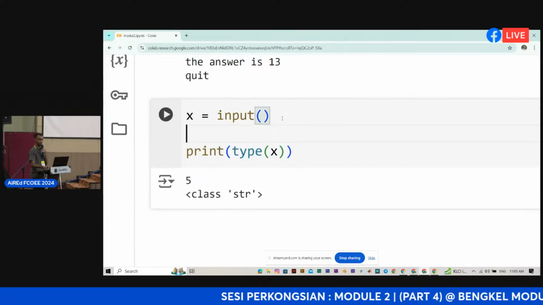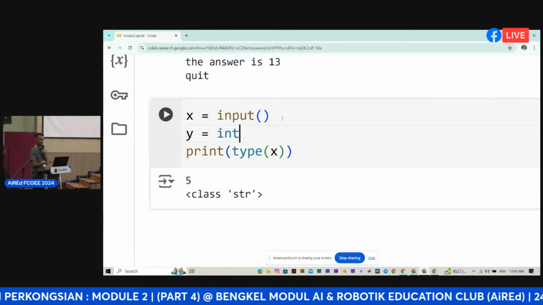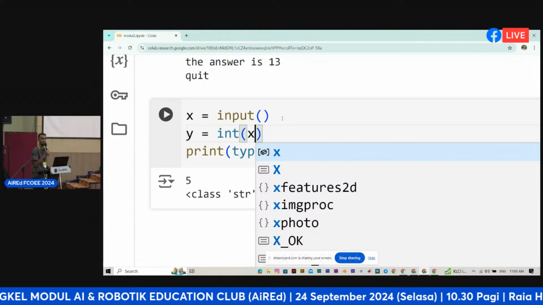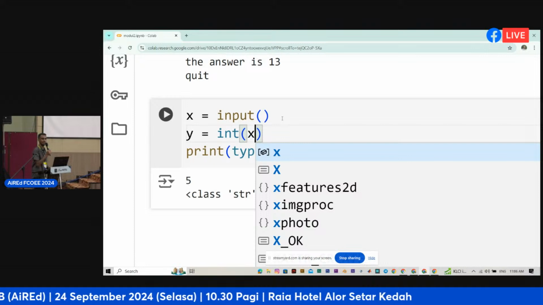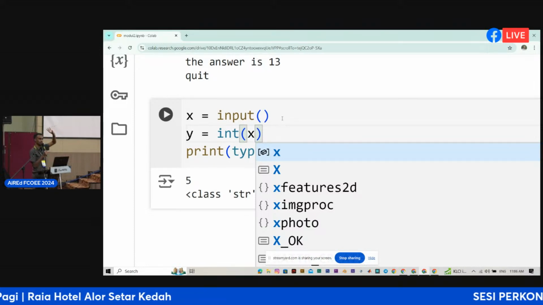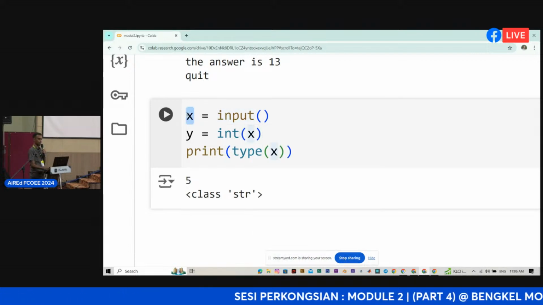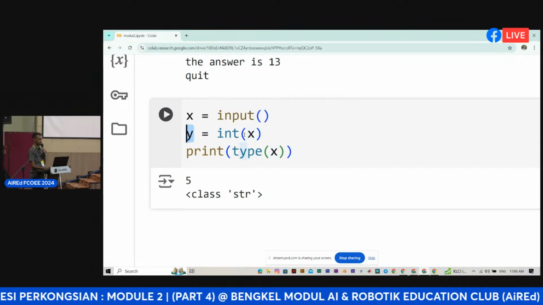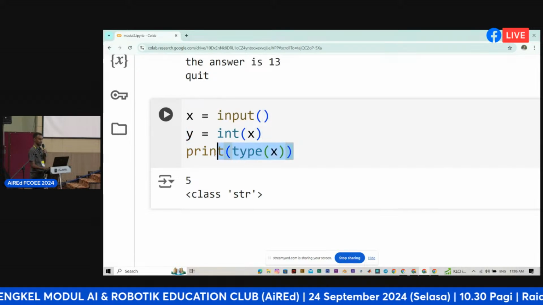So we have here, let's say y. Y equal to int x. What's the function of int? Integer, right? Convert to integer. The function of int is to convert to integer, right? So x, what type is it? String. Y, what type is it? Integer, right? So if we print